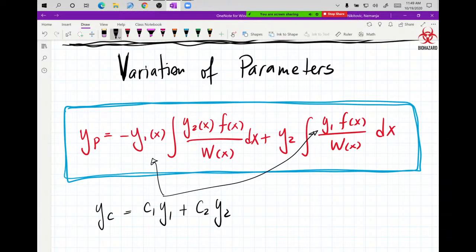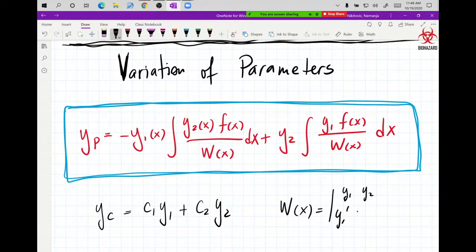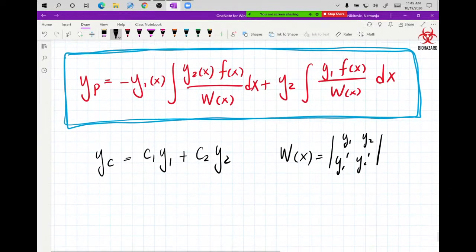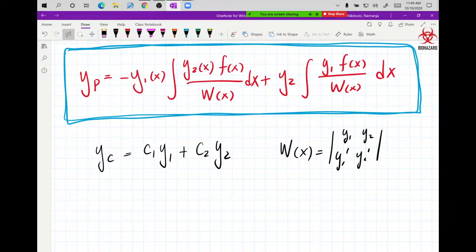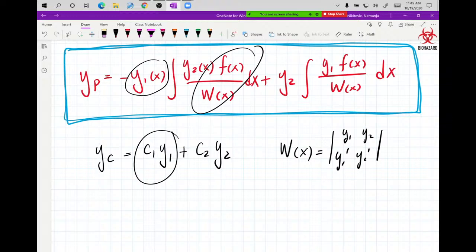Your y1 will also go into the Wronskian. So the Wronskian of x is y1, y2, y1 prime, y2 prime. All of this is very simple to set up, and the formula is ridiculously easy to remember, because, as I said, whatever function from c1 is outside, the other one is inside the integral, and you always have f divided by the Wronskian. So the formula is a joke,